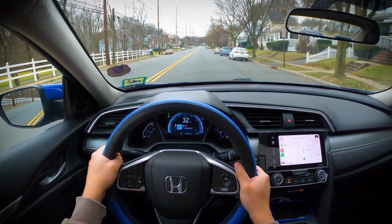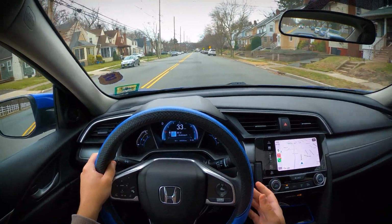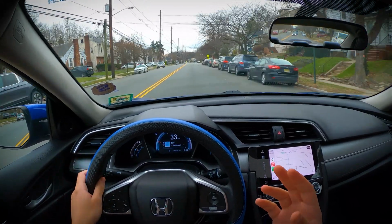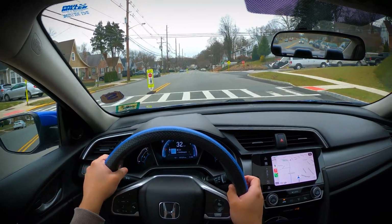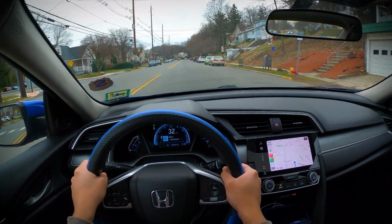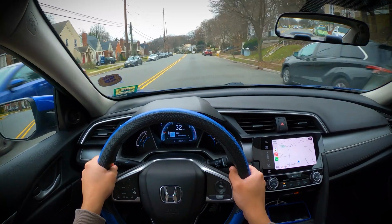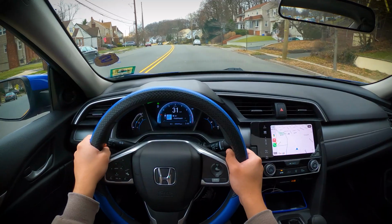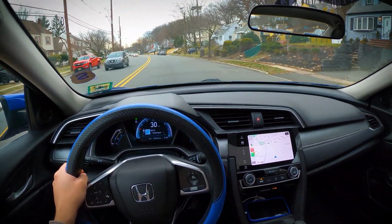Alright, so we are behind the wheel of the 2016 Honda Civic. First thing I want to go over is the ride quality. So the first time I drove this car, I was blown away by how smooth it rides, how forgiving the suspension is, and my expectations were set pretty low because I've driven other compact sedans like the Corolla, the Sentra, the Elantra, the Mazda 3, the Ford Focus, and so on and so on, and I expected this car would